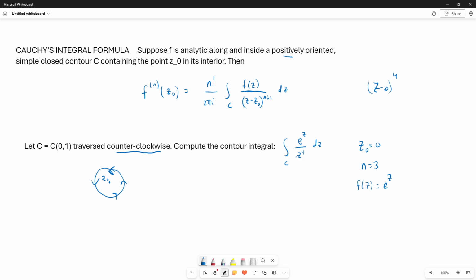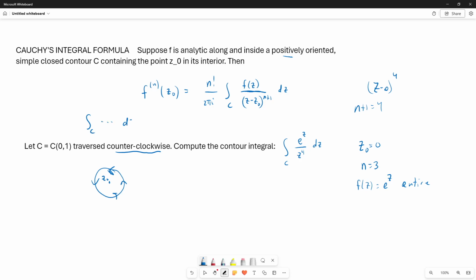of course. And the power is n plus 1, so n plus 1 is 4, which made n 3. And then f of z is e to the z. And e to the z is an entire function, so it is going to be analytic along and inside any contour. So we don't have any issues with the hypotheses of the formula, so we can go ahead and use it. So solving for the integral,